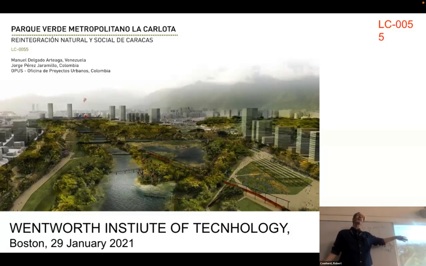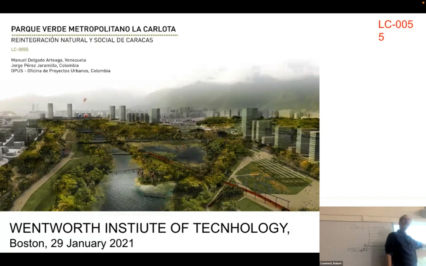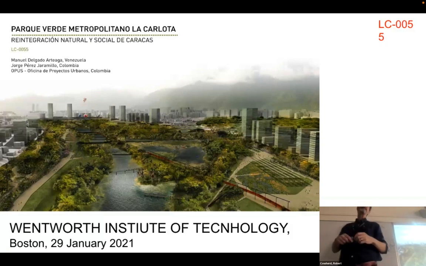In the meantime, some of the participants in our 2008 Designing for Life gathering here with Fajardo got together and entered this design competition, and won it. This is Manuel Delgado working with Medellin architects Jorge Perez and the firm of Opus. They won this competition, and we had the second Designing for Life event here at Wentworth in 2013,